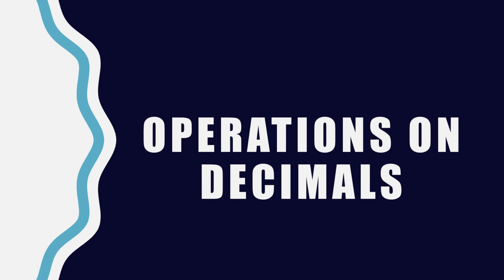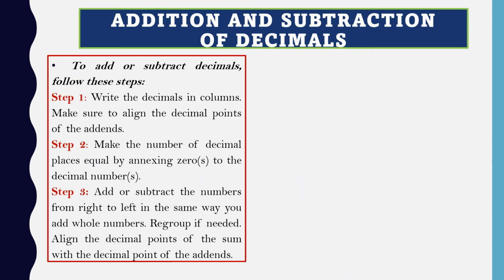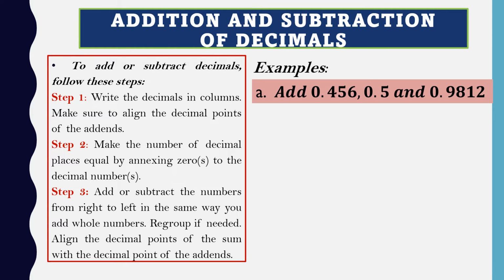This time we are going to deal with operations on decimals. We have here steps on how to add or subtract decimals. So step 1, we write the decimals in columns and make sure to align the decimal points of the addends. Okay, let's have an example right away. So we have, add 0.456, or 456 thousandths, 5 tenths, and